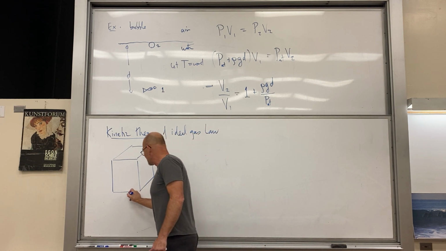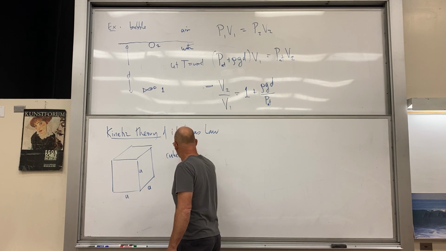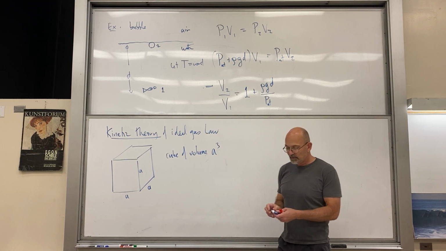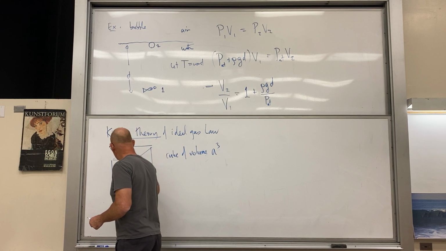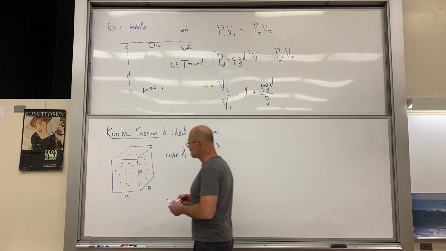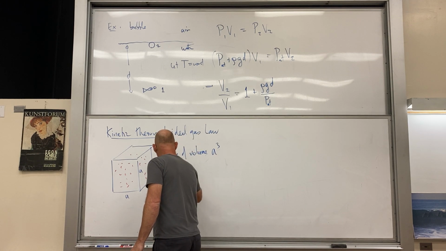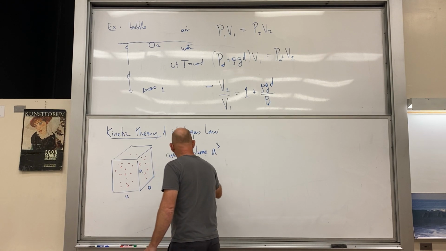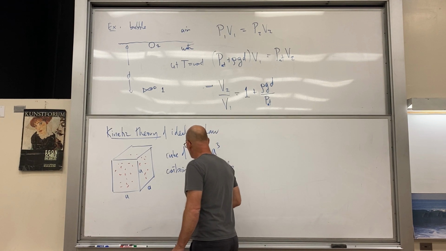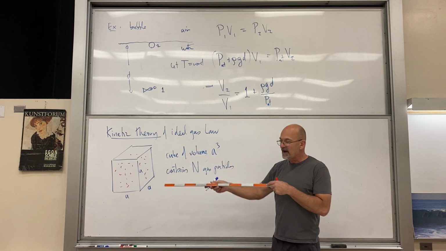I have a cube with side A. That's a cube of volume A cubed. And this cube is full of gas particles. The number of gas particles is very, very large. So this cube contains N gas particles, and these gas particles are just bouncing around in every which way, every direction,